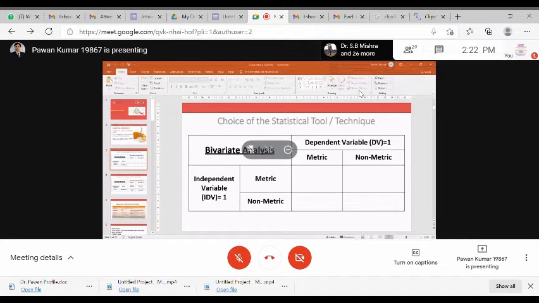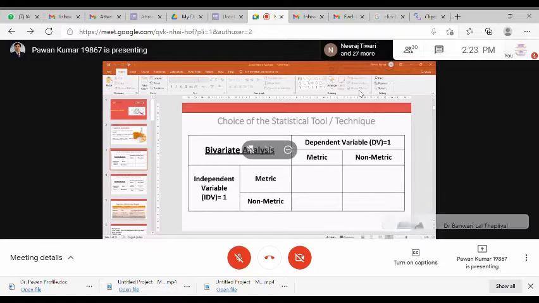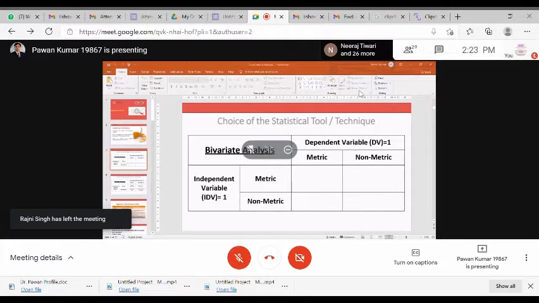Just try to write. For example, I am a university professor in the admission department, and I would like to predict, or discriminate, whether the student is eligible for admission or not. Now, eligible or not eligible is categorical data, which is called non-metric, but the CGPA, or the marks of the student, is metric data.